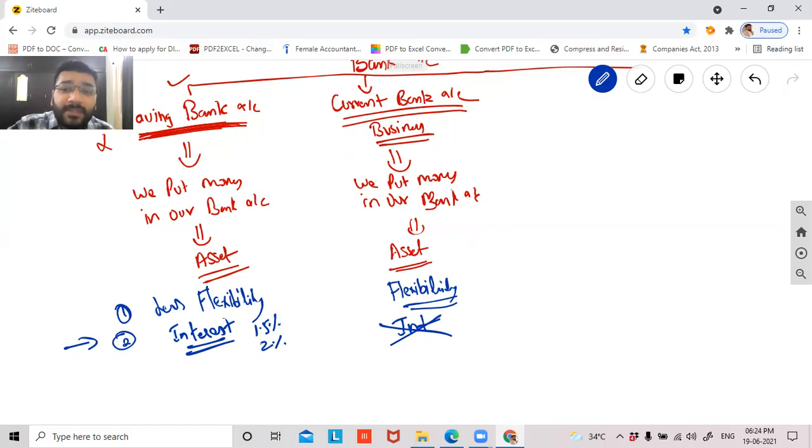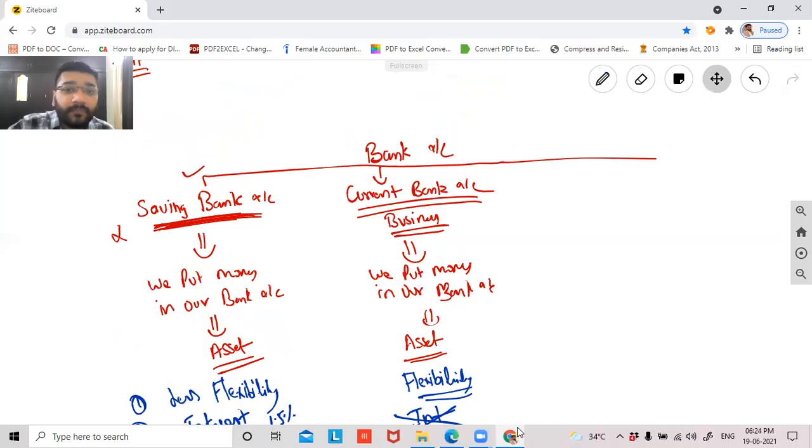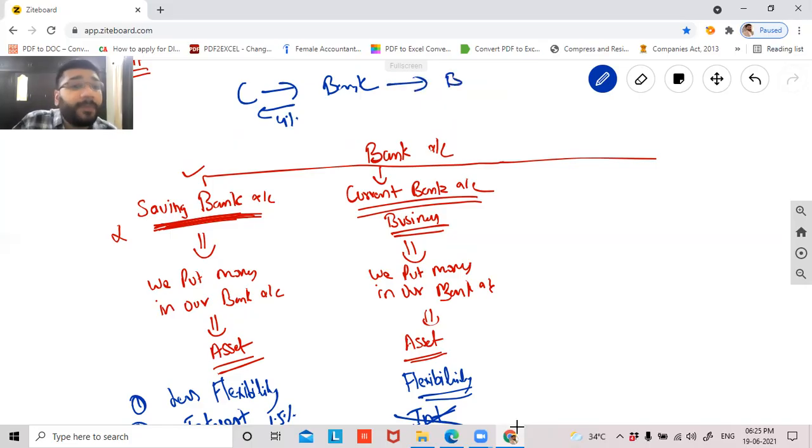Guys, what is the banking business all about? The customer will give money to the bank. And the bank in return will give you what? 4% interest. Now, what will the bank do with that money? The bank will give the money to the business people. And the business people will give interest, let's suppose 10%, to the banker. So the banker is earning 10% interest income and his interest expense is 4%. So can I say the banker is gaining 6% as income in between?